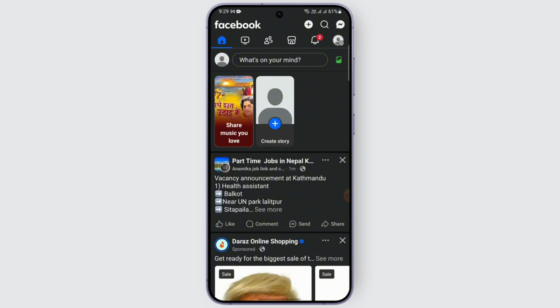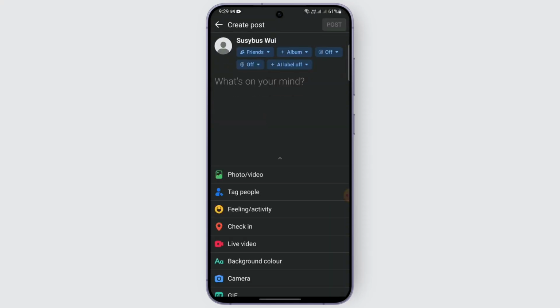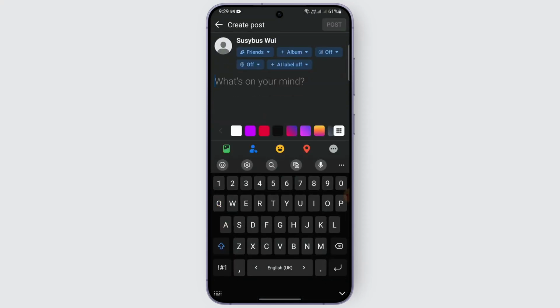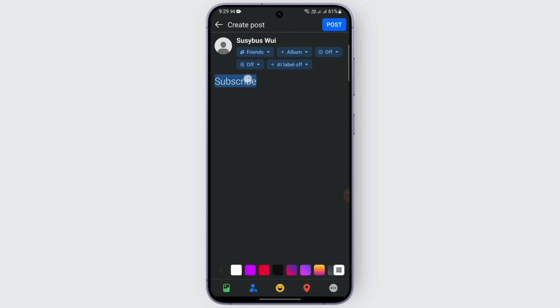So in order to bold text on a Facebook post, you need to first of all open the Facebook application. After that, you just need to click on this "What's on your mind" on your very first home screen. After that, simply click on it and create a post. So here you just need to type in a text. I'm just gonna type in a text right now, and here what I'm gonna do is simply copy this text,